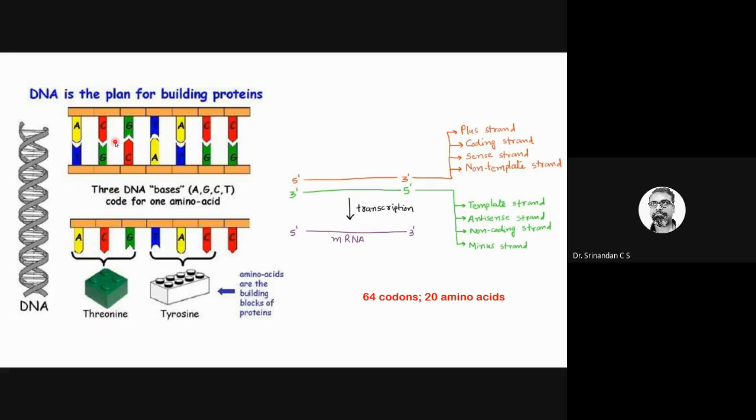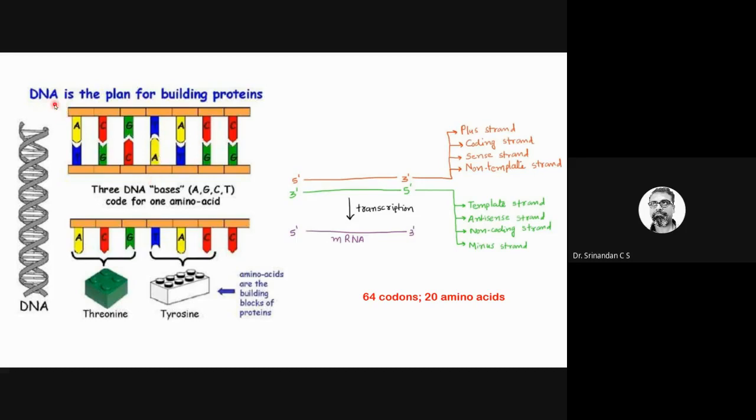I'll tell you more about it in later classes. But at this stage, we should know that from DNA, RNA will be formed, and from RNA the functional unit, which we call a protein, will be produced. Proteins are what will function later on. So for that, we should again know some terminologies.